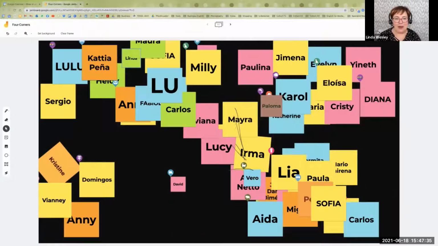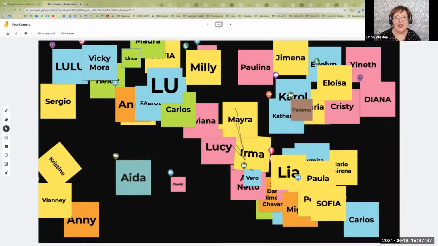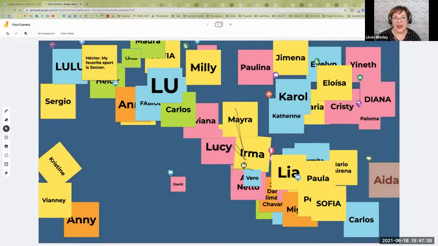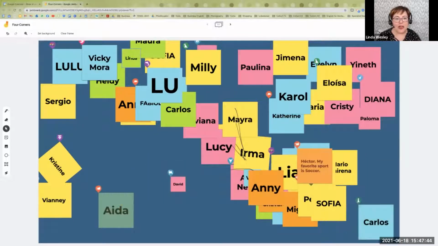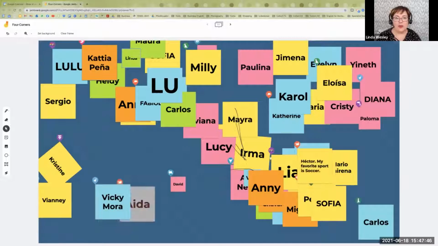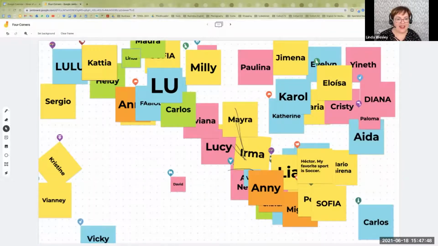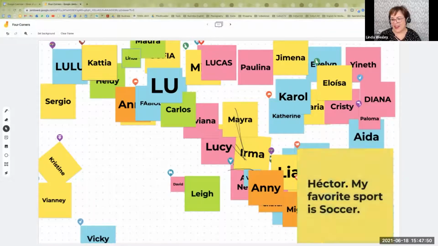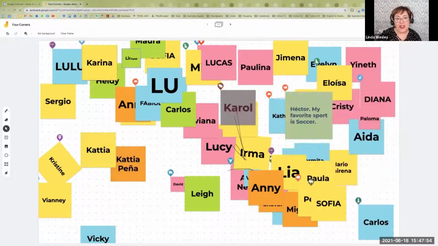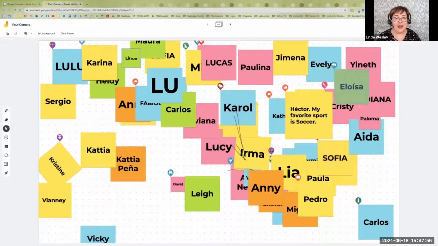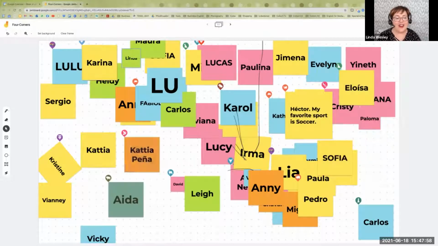But I'm really happy about this because this is giving you the opportunity to try out Jamboard if you haven't already. This is a free whiteboard that comes with the Google Suite. And so again, Hector says, my favorite sport is soccer. Right there, Hector turned it into a writing assignment, which is fabulous. There are so many variations you can do with this.